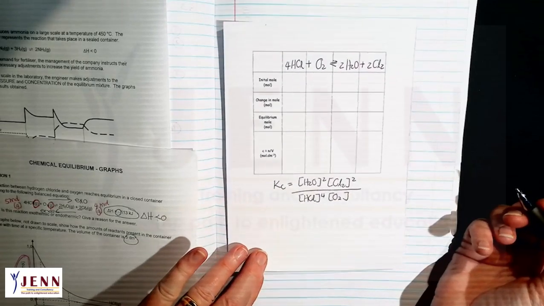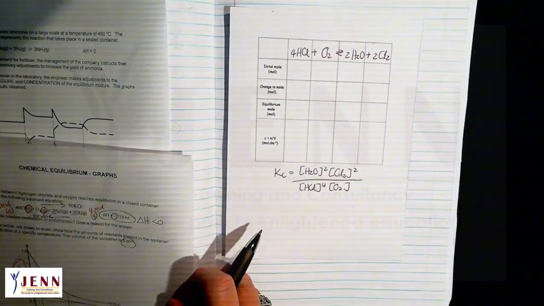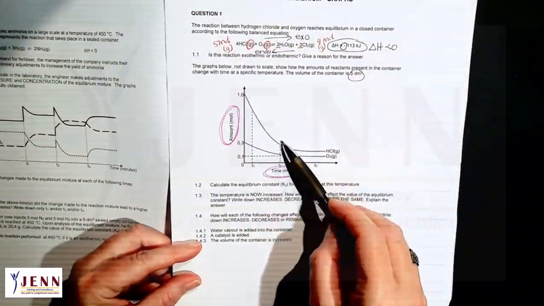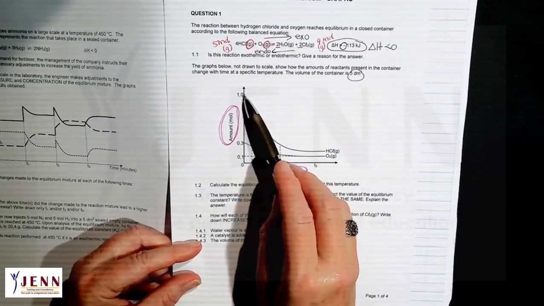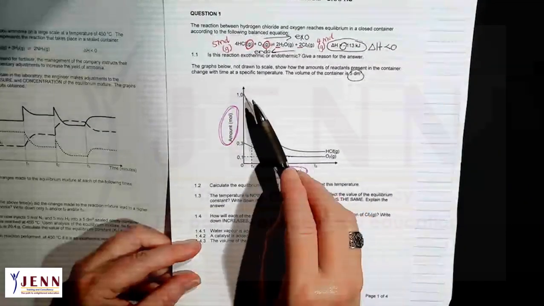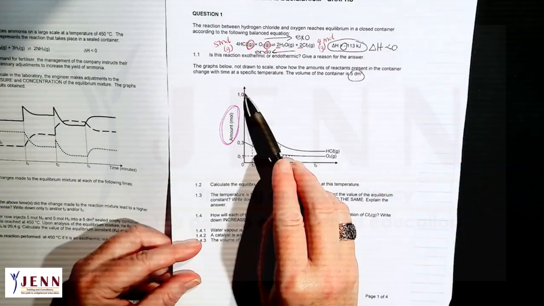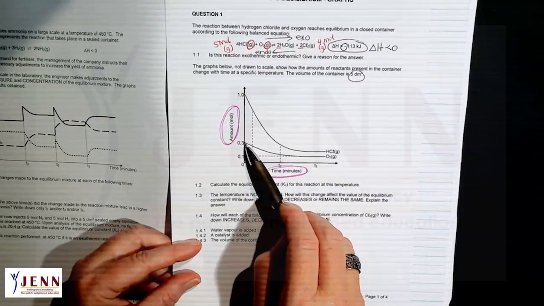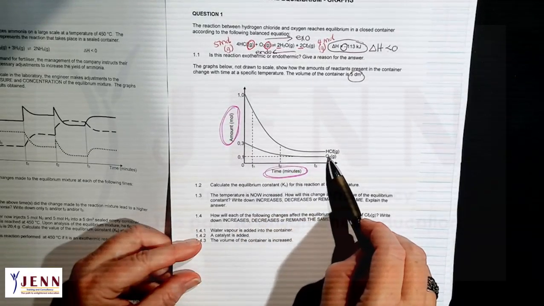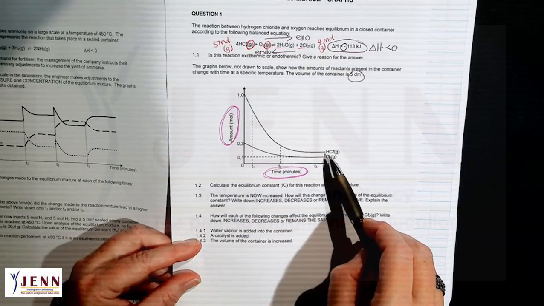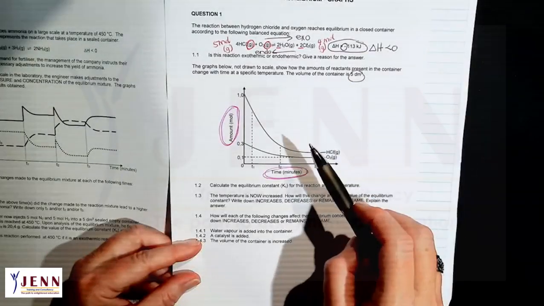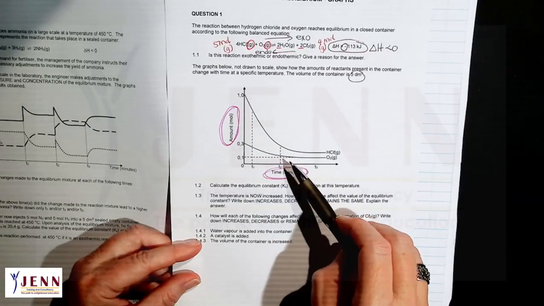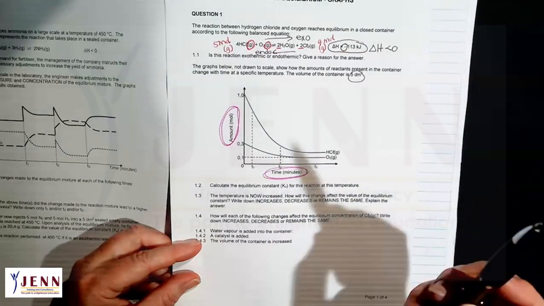Okay, now I must go back to the graph to get the values. Now if I look here, you will see the graph starts at the top and goes down to the bottom. So that means this will be my reagents, because I had a lot of reagents at the beginning and they became less as the reaction continued. If they drew the products, then it would have started from 0 and become more, but they just concentrated on the reagents.